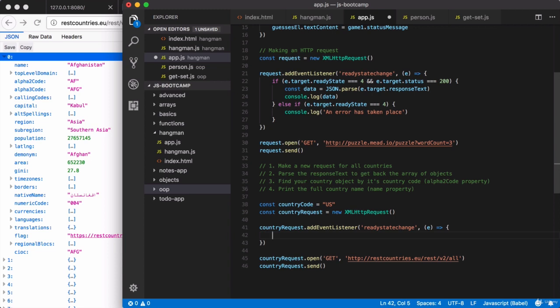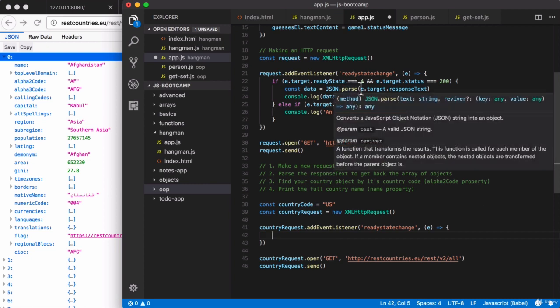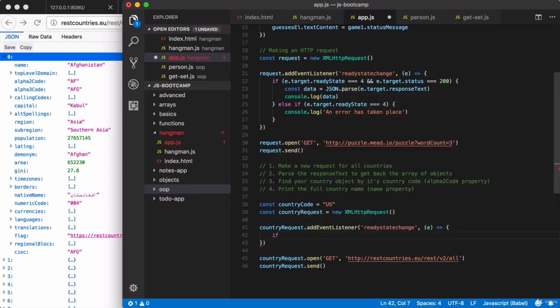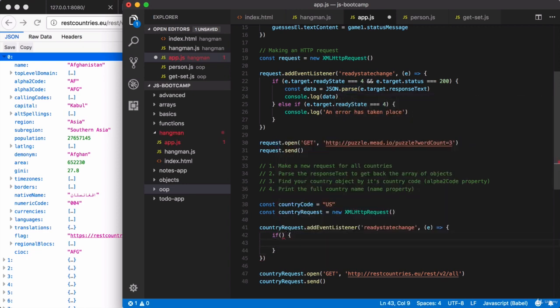Step 2 is to parse the response text to get back that array of objects. Now, in order to parse the response text, we have to wait for the actual request to be completed. So I can set up an if condition to check for that, and it is going to be identical to what we have up above. So right here,